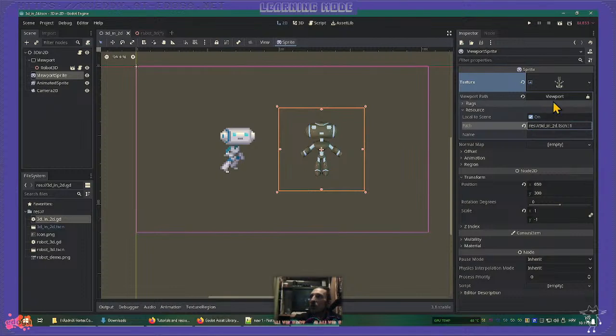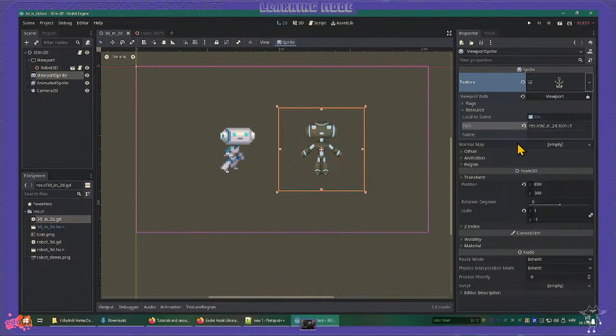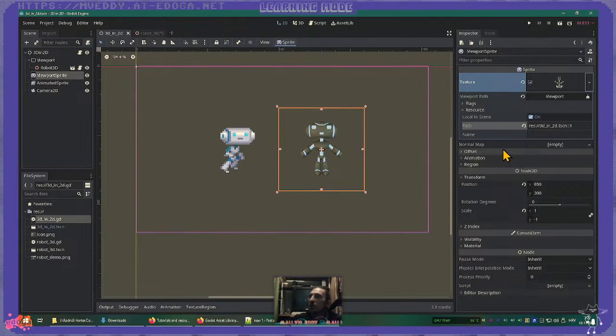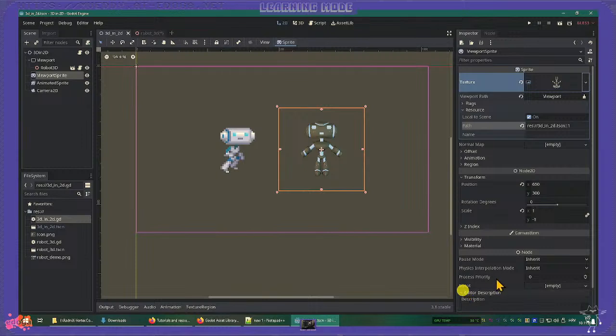3D and 2D. Resource. New animated. So I'm actually exploring the project that has something interesting showing here, like the 3D model in a 2D scene. This is interesting. So